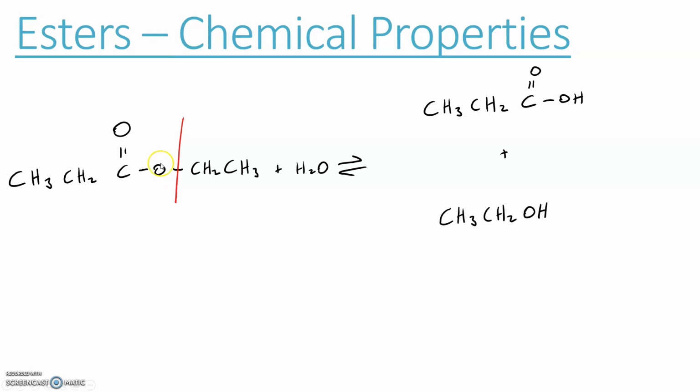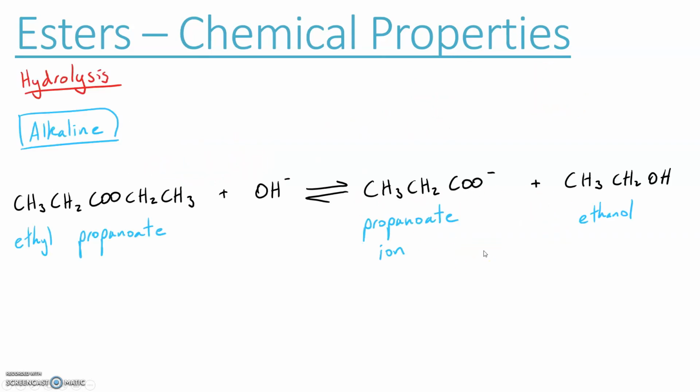Okay, here it's shown diagrammatically. So this is our propanoate. Our propanoate becomes propanoic acid, and our ethyl becomes ethanol. In alkaline conditions, we're reacting basically with hydroxide ions. We get a carboxylate ion and alcohol, so the alcohol part is the same, whether it's in acidic conditions or